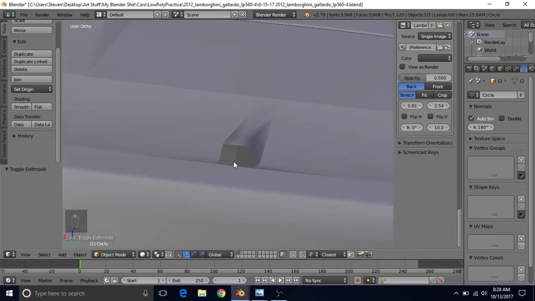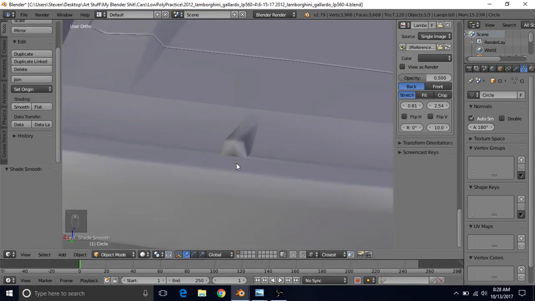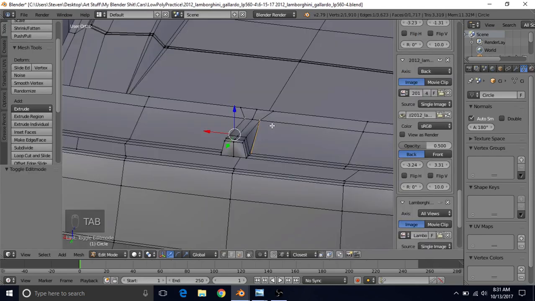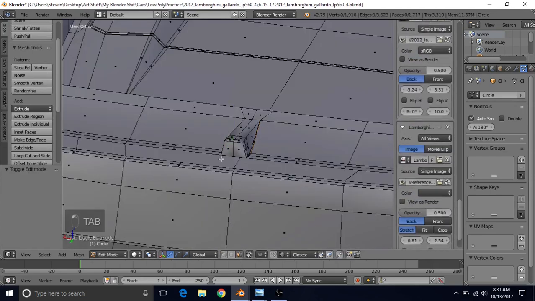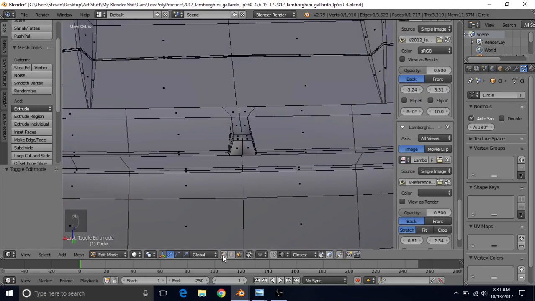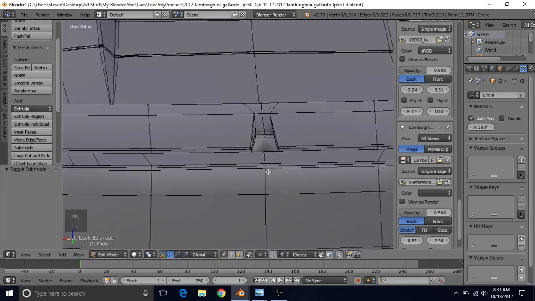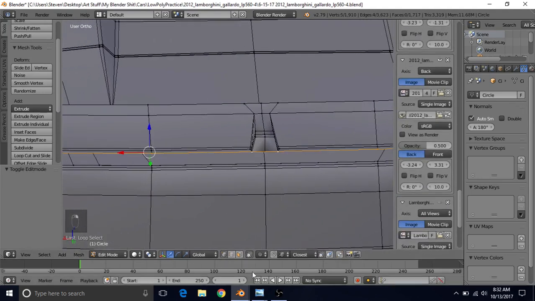It looks like we still need smooth shading here, so I'm going in object mode. I'm going to press smooth shading to enable smooth shading, and now we want to go back into edit mode, switch to face selection. Actually, we want to stay in vertex select. Alt right click on this, because